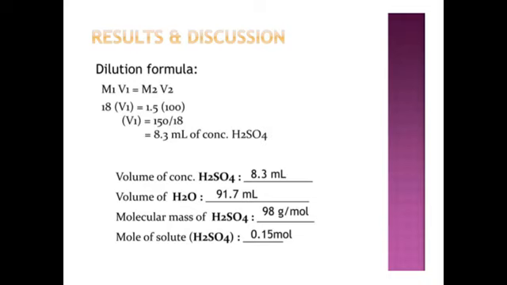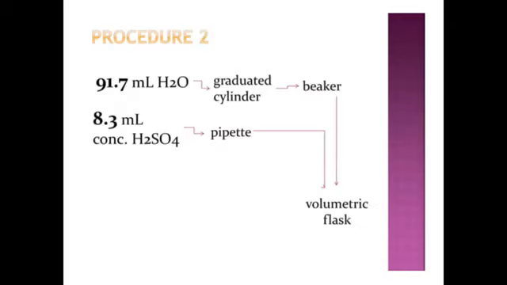Then the molecular mass of H2SO4 is 98 gram per mole. And then the mole of the solute will be the concentration over volume. So after that, you follow the normal procedure that we have highlighted the other time. You are going to measure 91.7 ml of water through a graduated cylinder to a beaker, then to the standard flask, and then you pipette 8.3 ml of conc H2SO4 into the volumetric flask, mix together, and you have